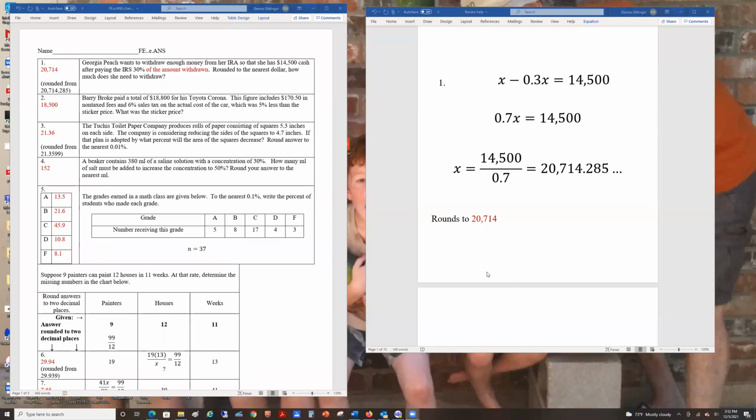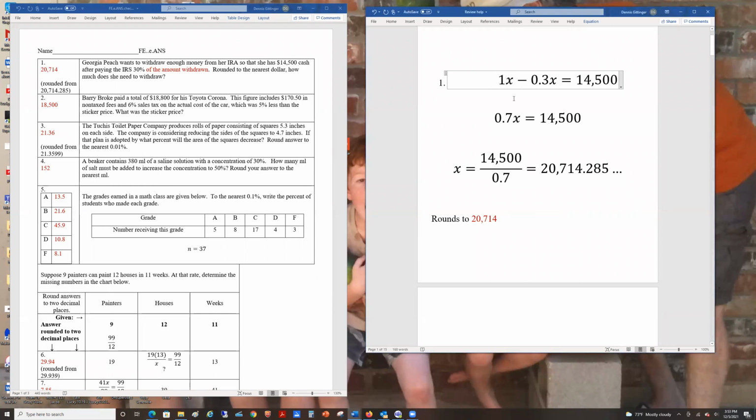Here are the problems that we had on the very last quiz, homework assignment prior to the final exam. Someone wants to take some money out of the individual retirement account to have $14,500 left after paying 30% tax to the IRS. Notice that that is 30% of the amount withdrawn, not 30% of the $14,500. So if the amount withdrawn is unknown and you take away 30% of it, and again, this X is understood